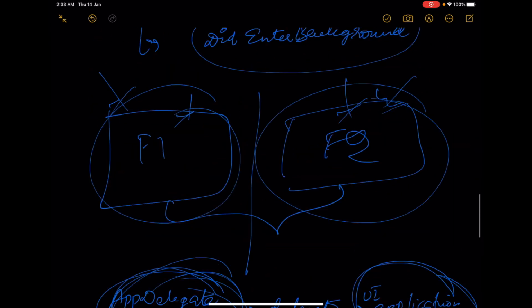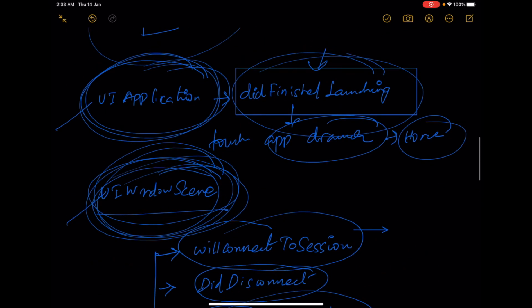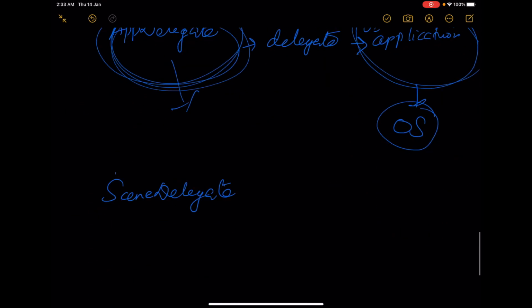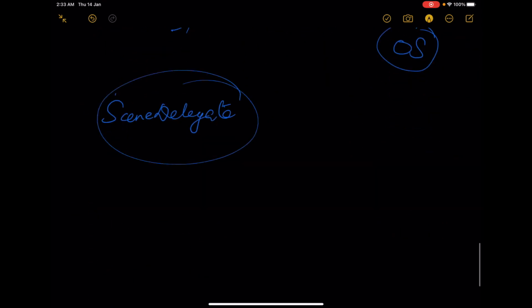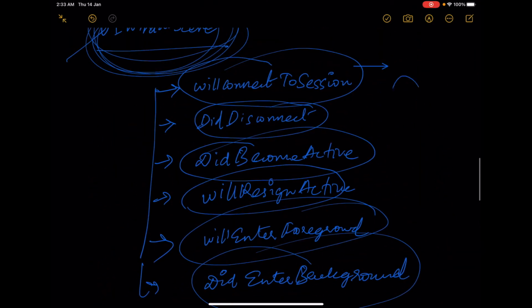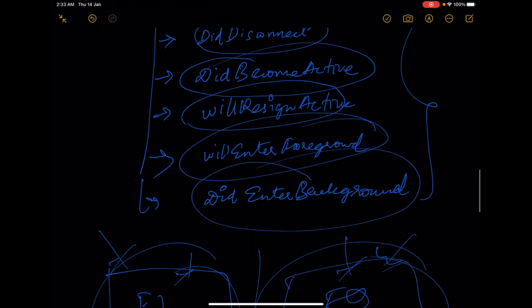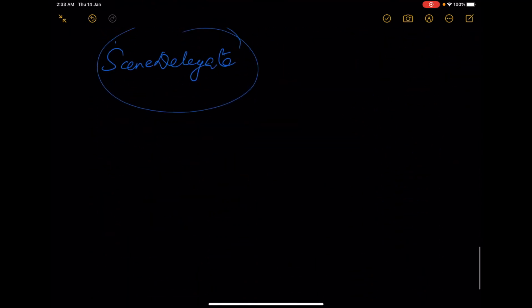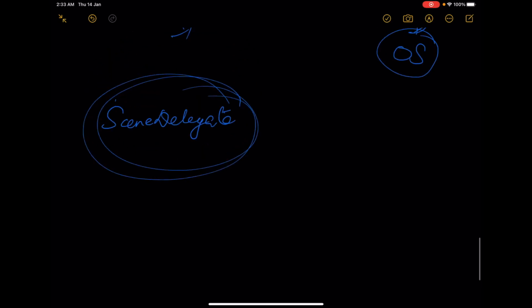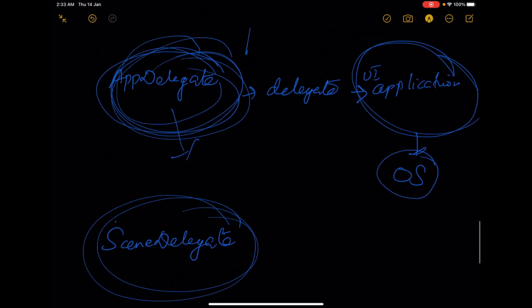So this is the best place to do whatever you want when the application is being launched. And the same way, the scene delegate has all these methods: willConnectTo session, didDisconnect, everything. So you can find these methods in this class where you can perform whatever actions you want. So now you know what is the app delegate, what is the scene delegate, right?